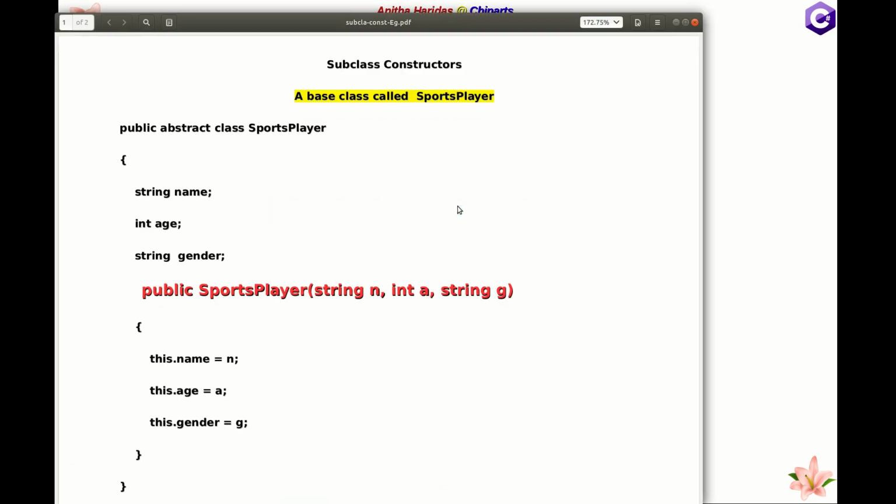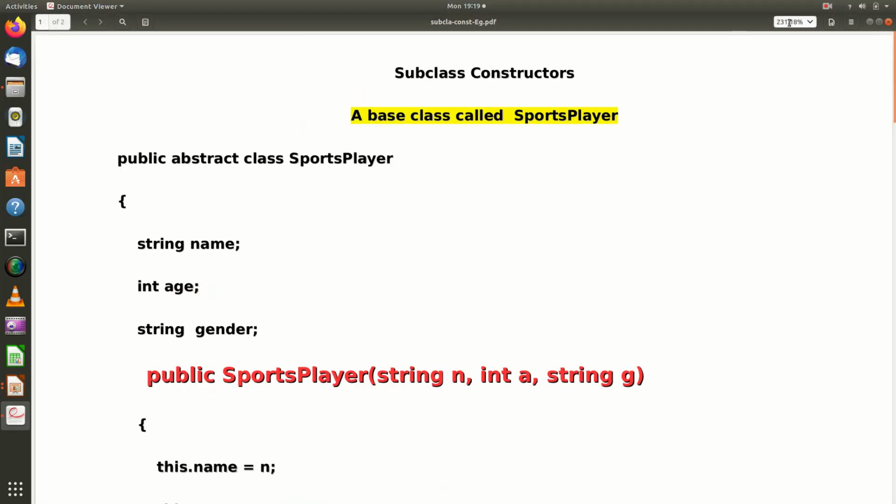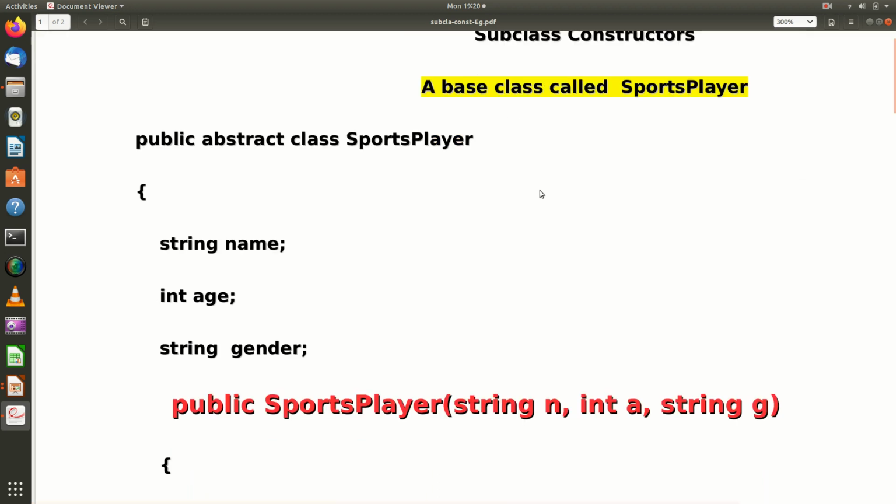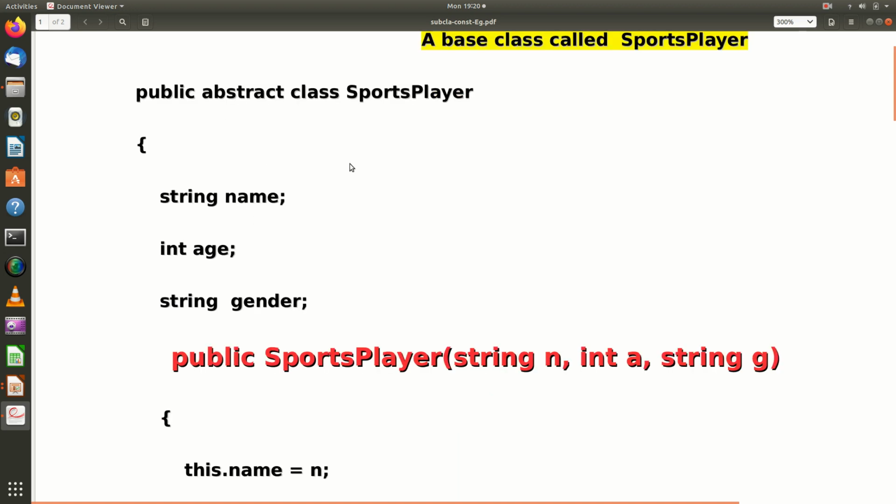I open a demo program here. Let me increase the size. We are going to talk about subclass constructors, and first I am going to declare a base class. I declare a base class, and I am going to declare the class as an abstract class. For the time being, just forget about abstract class. What is abstract we will be discussing later. Here in the abstract class, what I am going to do,